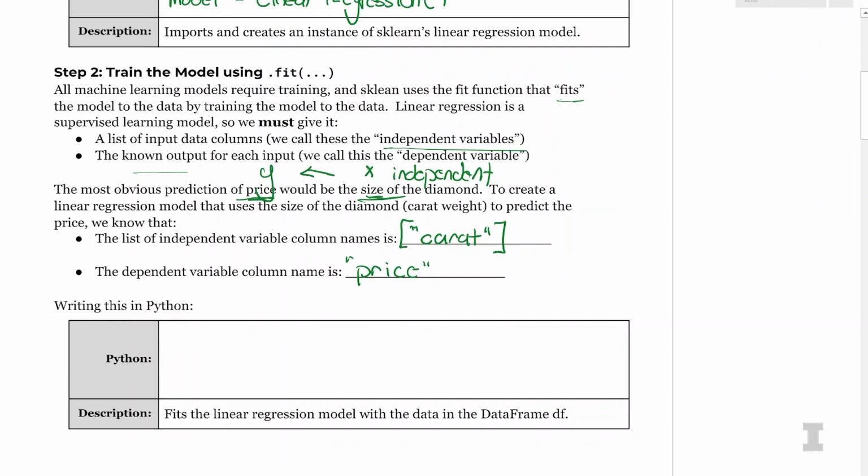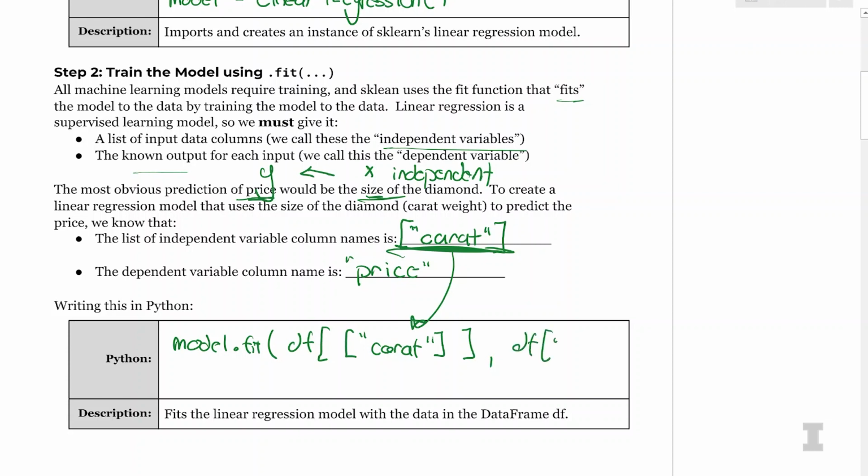So I'm going to go ahead and fit the model that we just created. So I'm going to run model.fit. And inside my data frame, I'm going to ask for the columns of all my independent variables. So df at, and then inside of that, I'm going to give a list. So I'm going to have 2 open brackets all at once. Carat. So I'm placing this entire list that I identified earlier inside my df. And then I'm going to comma. So my independent variables is df at the list that contains carat. And my dependent variable is df at price.